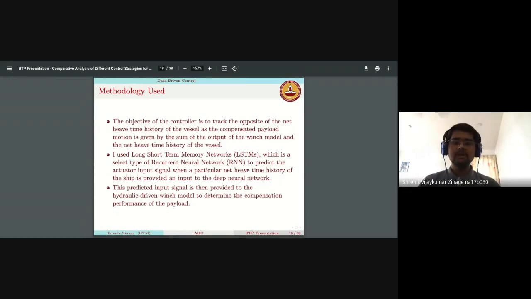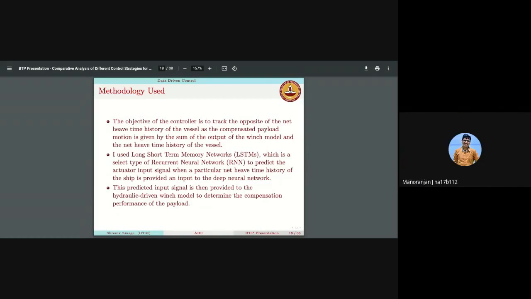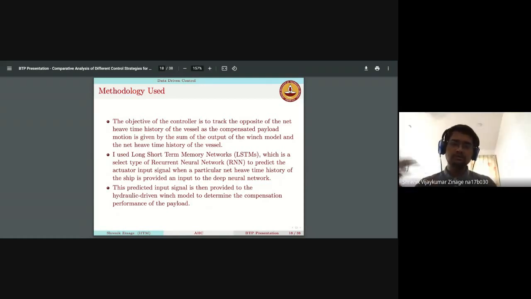So we train it with that. The dynamics was calculated when we had implemented PD control. Once we have done that, we have the input and the output, which is the control input time history and the output time history. We train it using the neural network. When we provide a new heave time history to the neural network, it tries to predict a particular control input. That control input would then be passed to the actual, realistic winch model to calculate the output. And our task would be to see whether that output is tracking the output from when the PD controller would have been implemented.